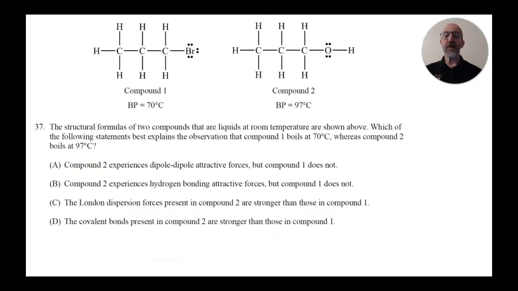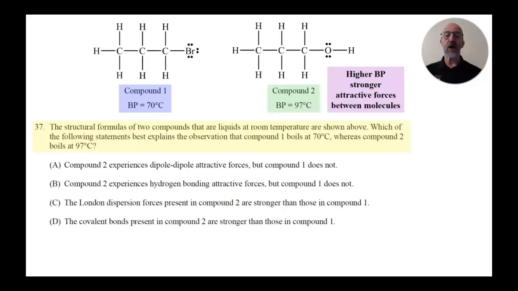In question 37, it says the structural formulas of two compounds that are liquids at room temperature are shown above. Which of the following statements best explains the observation that compound 1 boils at 70 degrees Celsius, whereas compound 2 boils at 97 degrees Celsius? So clearly what we have to do to answer question 37 is account for the higher boiling point of compound